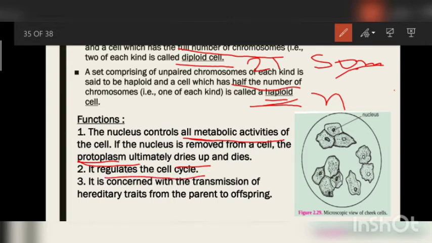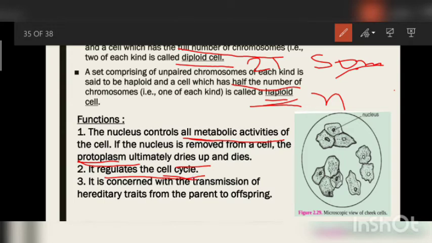It regulates the cell cycle. Very important, cell cycle. It helps to maintain the number of cells in your body. When a cell has to divide, when a cell has to stop division, who controls it? The cell cycle controls it. And if the cell cycle gets disturbed through various reasons, then cancer takes place. Okay, what is cancer? It is uncontrolled division of cells. And how does cell division get uncontrolled? Due to some carcinogenic chemicals, some genes, some viruses. That is due to this. So it's very important that they control the cell cycle.